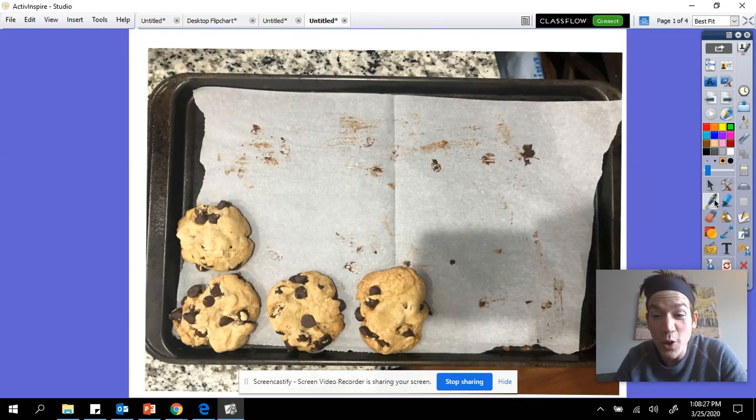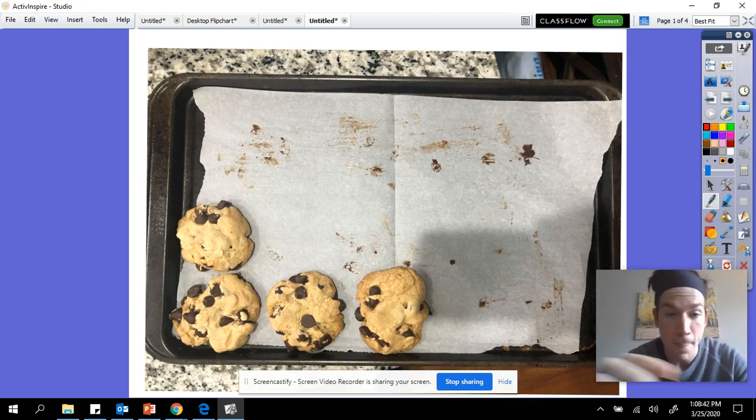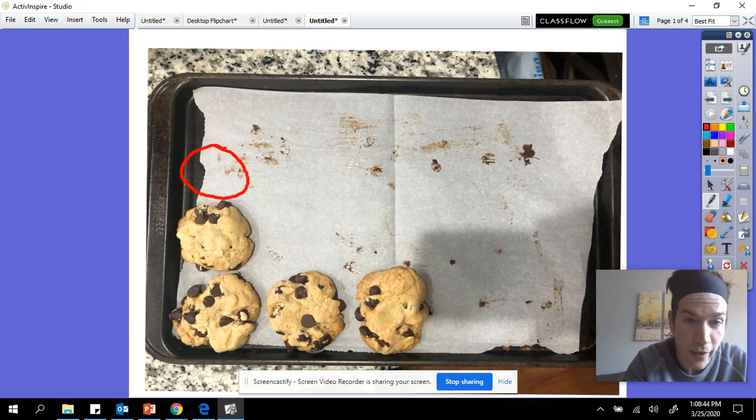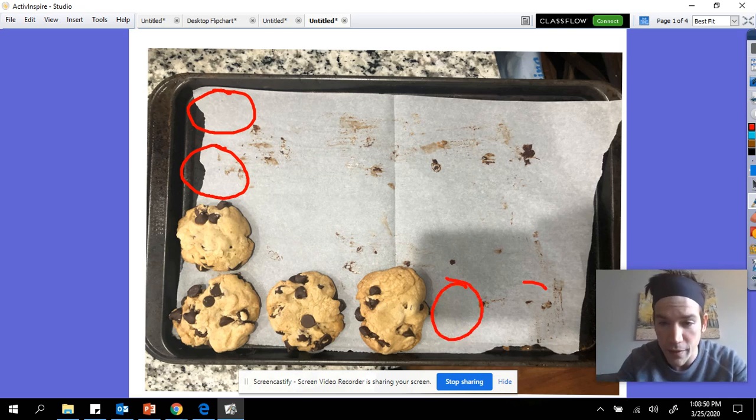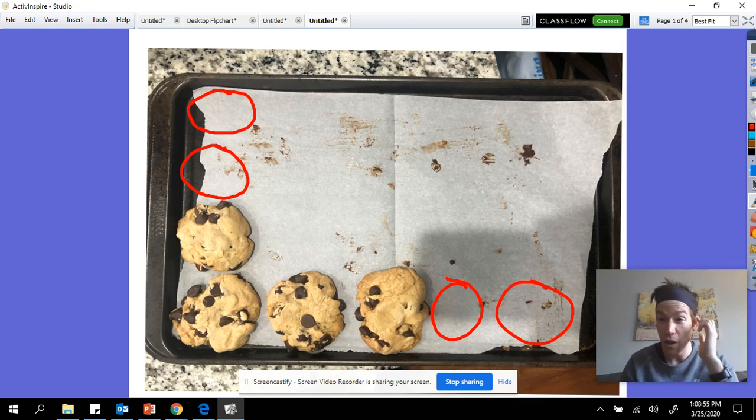Hi guys. So if we look at this pan, the first thing that I asked you to do was to figure out how many cookies could fit on the pan. Now, this is kind of open to a little bit of interpretation, but the way I see it, if I were putting cookies on this pan, I'm thinking that I could fit two more along the width here, and I could also fit two more along the length here, which gives me a total of